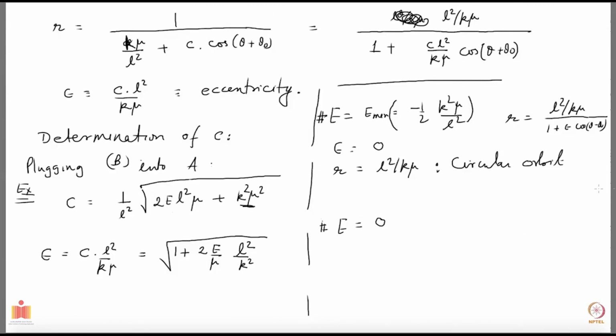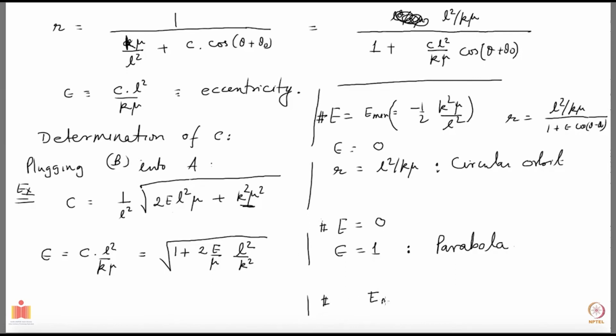So if I put E equal to 0, I get epsilon equal to 1. And we already know what that orbit is. It's a parabola. And parabolas are not closed, they are open orbits. That's nice. Now let's look at